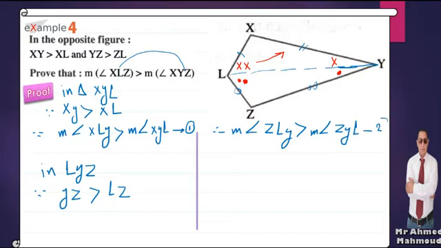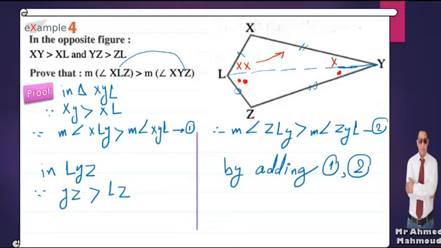This is number 2. By adding 1 and 2, therefore measure of angle XLZ greater than measure of angle XYL. The next one,